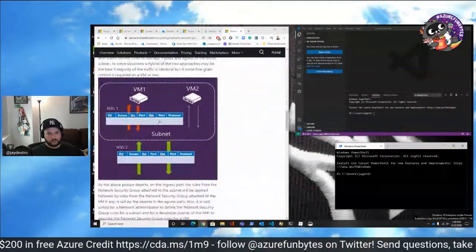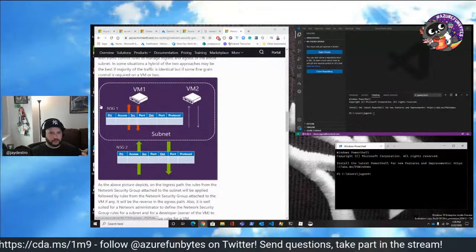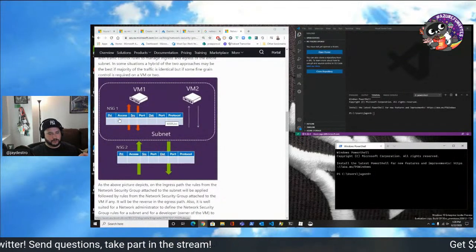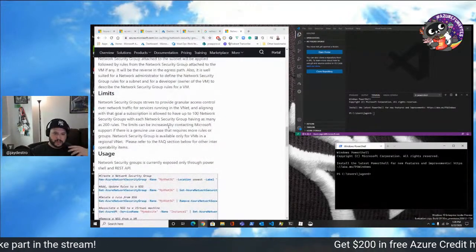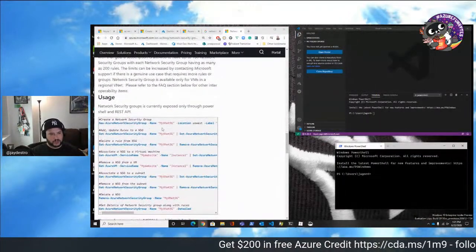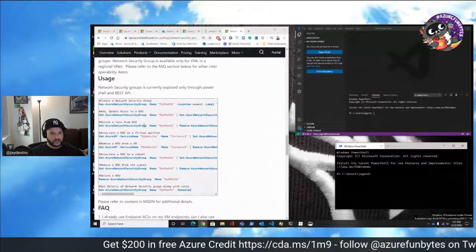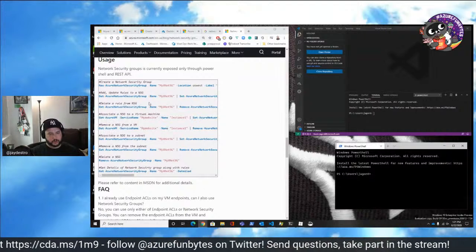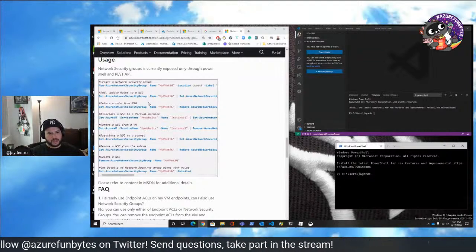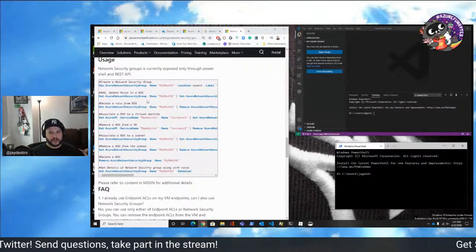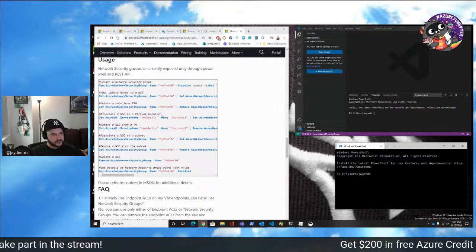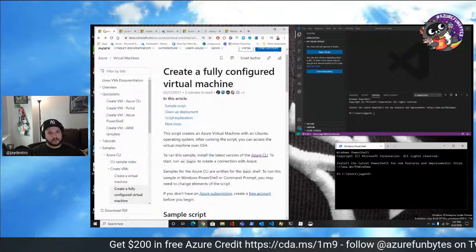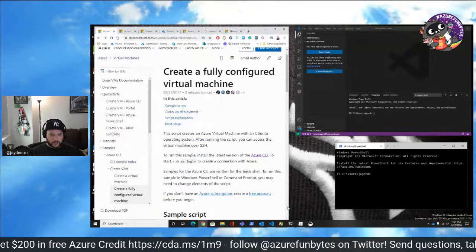Like I showed you before, this is essentially all the little items to create a network security group rule. And you can have multiple network security groups. And then here are some ways to create them. Today, we're going to create a security group rule through a script. So I've got a script ready. We're going to take a look at that in a few minutes. But what we're going to start doing is looking at it. So we're going to work on this doc.